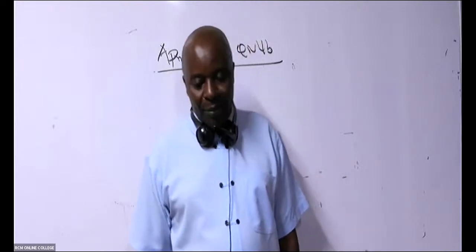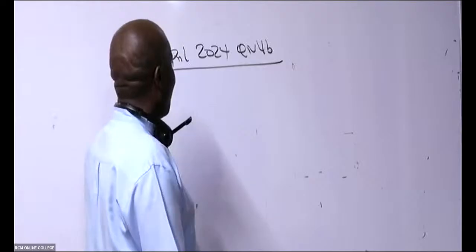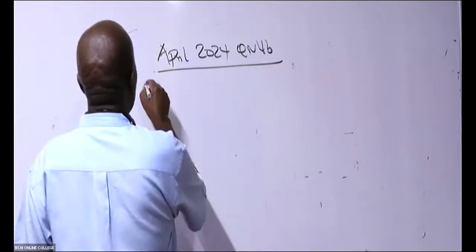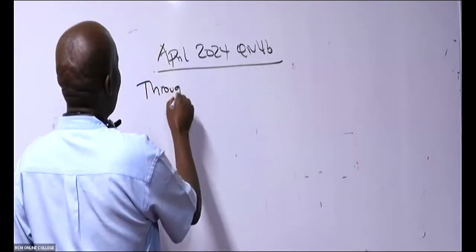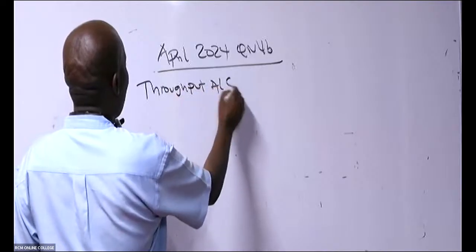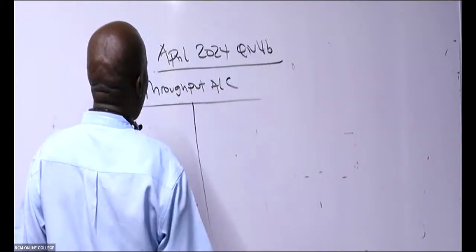All right. So let me do it now, right? Let me do it. So we start with the throughput account. So the throughput account, ladies and gentlemen, that we have here, we can see